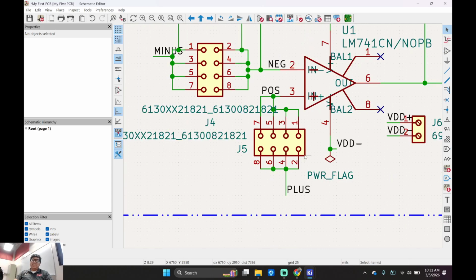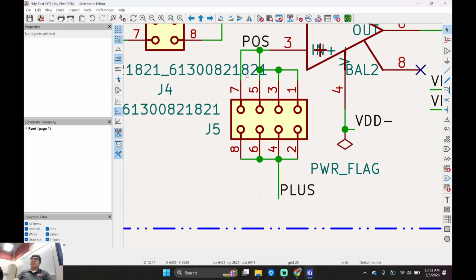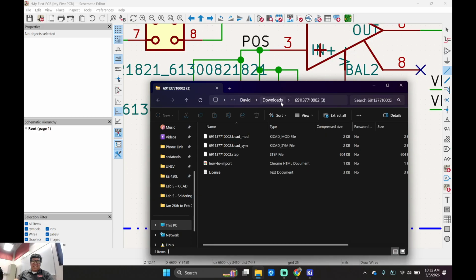Okay, so someone's probably asking the question, David, what about the positive terminal? You don't know what I'm going to do with this terminal when I get the board back, right? I'm going to grab one of the jumper wires, right? The jumper wires in the labs. I'm going to wire this like this. So W, W, W, W, there. That's my wire. And then where is this plus going to go to? Ground, right? Because the positive terminal is grounded, right? I'm getting blank stares. I don't like that. Let me see.